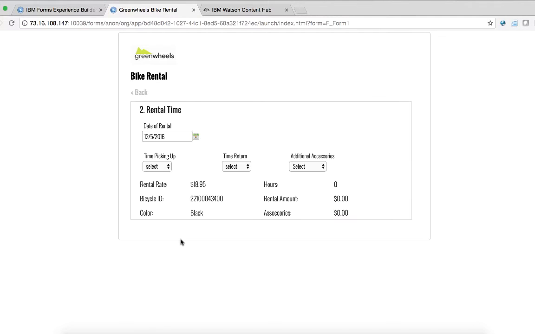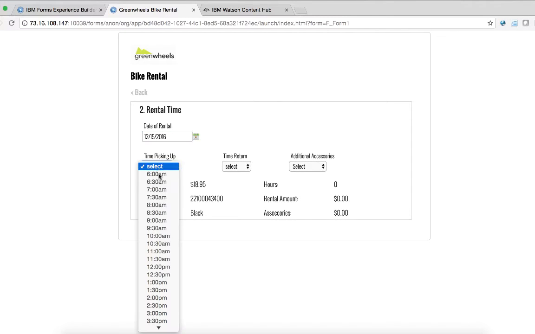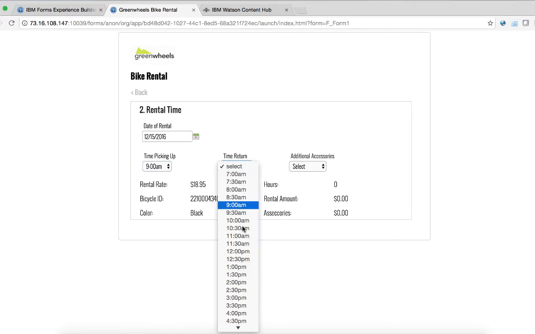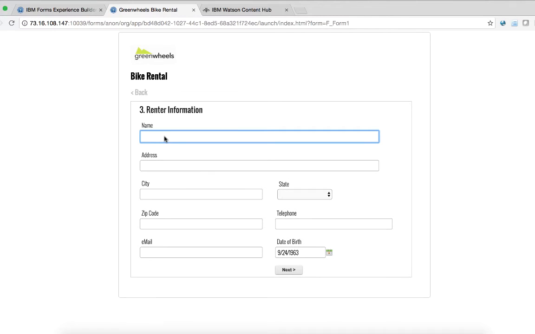Well, let's go ahead and we'll rent this bike. I'm going to change the date. I want that on a Thursday. I'm going to pick it up at 9 a.m., bring it back just before dark. Maybe I want a GPS. We'll give it my personal information